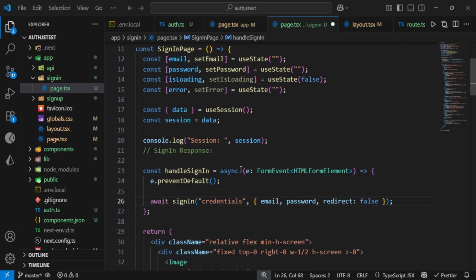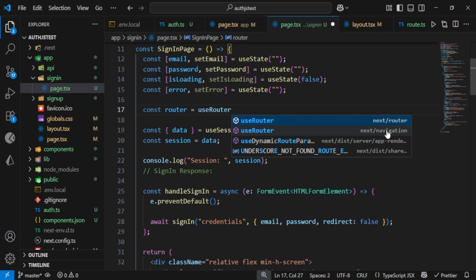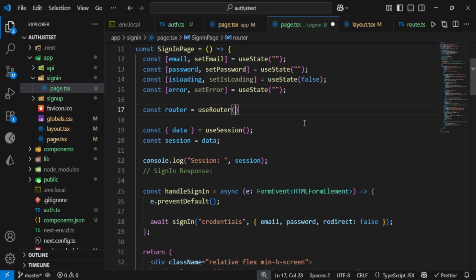Since we are redirecting by ourselves, we are going to need a router. So we'll just come here and say const router. This will be equal to useRouter. Make sure you import that from next/navigation, not next/router. So next/navigation router, and then after signing in,